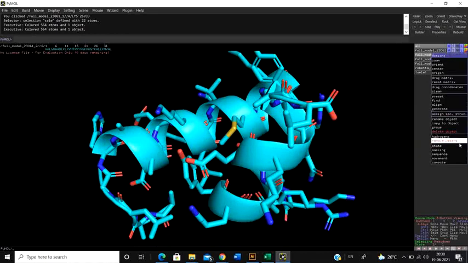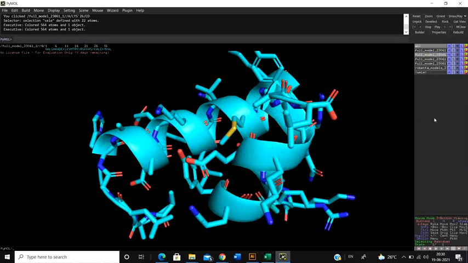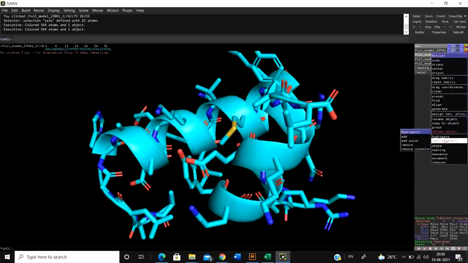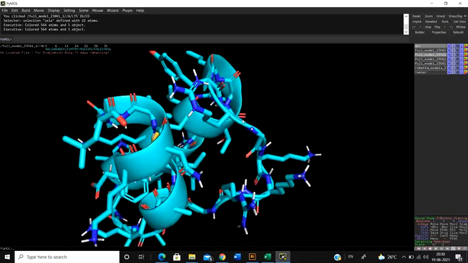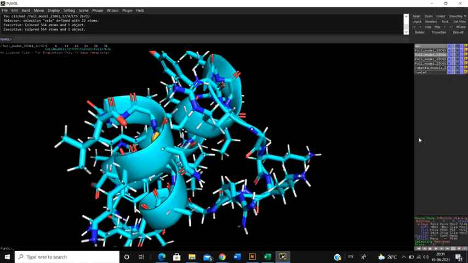Now you can also add the hydrogens. Sometimes if you don't have hydrogens, you can add all the hydrogens, or you can simply add only the polar hydrogens. Why? Because the polar hydrogens are the ones which are going to interact with the ligand or with the water molecules, and the non-polar hydrogens are not going to interact with the water molecules, right? So it's better to leave them off. And if you have enough time to calculate or run the MD simulation, you can also add all the hydrogens.